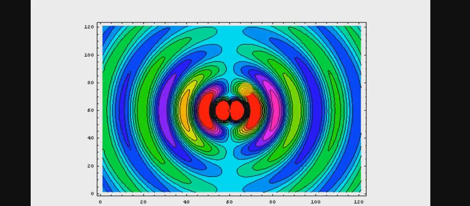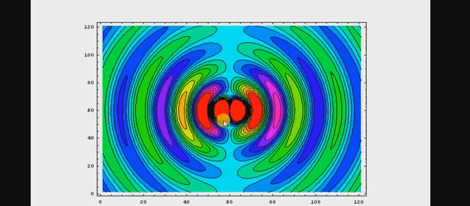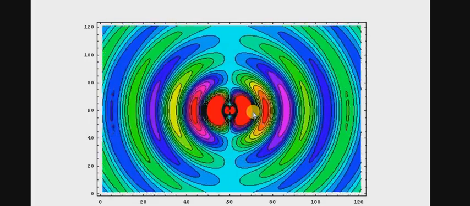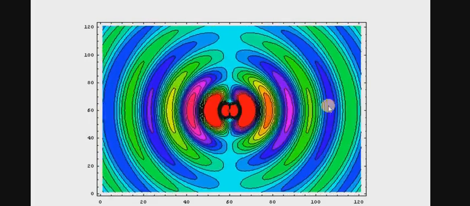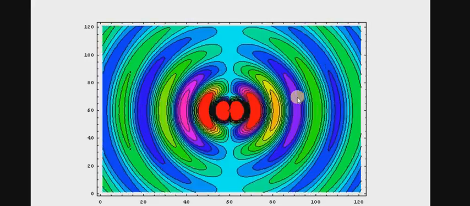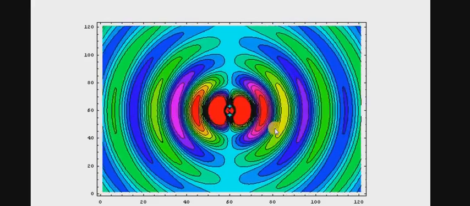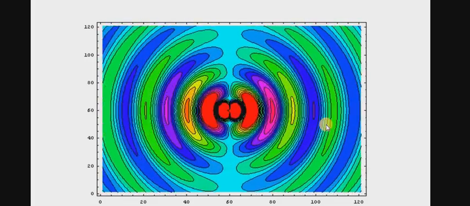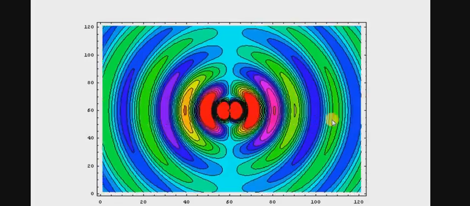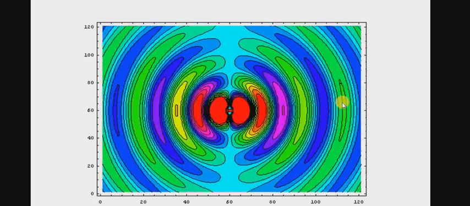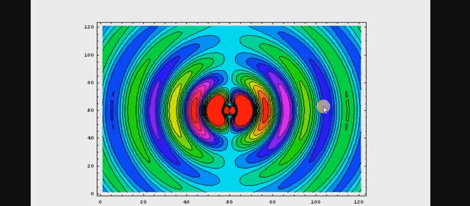So this is the animation form where the red portion is basically the reactive portions. From the center to the outer directions, more parts of the reactive field will vanish, whereas the radiative field will survive, and that's why we can say the radiative field is predominant in the far field pattern, also known as the Fraunhofer field pattern, where the distance is 2d square by lambda. The far field pattern will survive there.